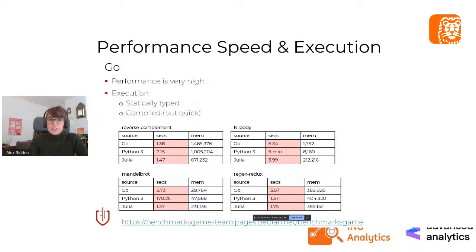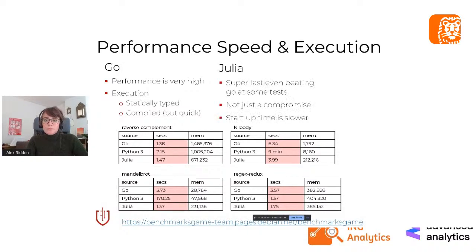So what did this mean for me? So Go, the performance was super high, typically seen in these statically typed languages. It is compiled, which some people complain about, especially during development, but it's super quick to compile, so it's almost not noticeable. For Julia, the times were exceptionally fast,